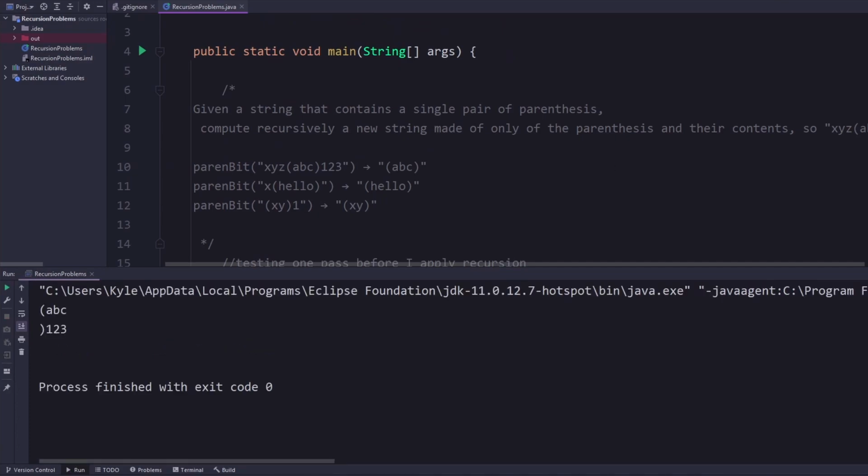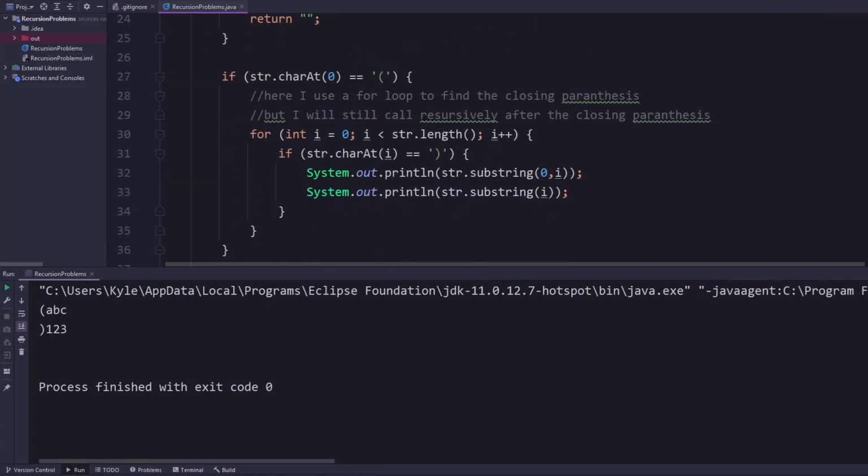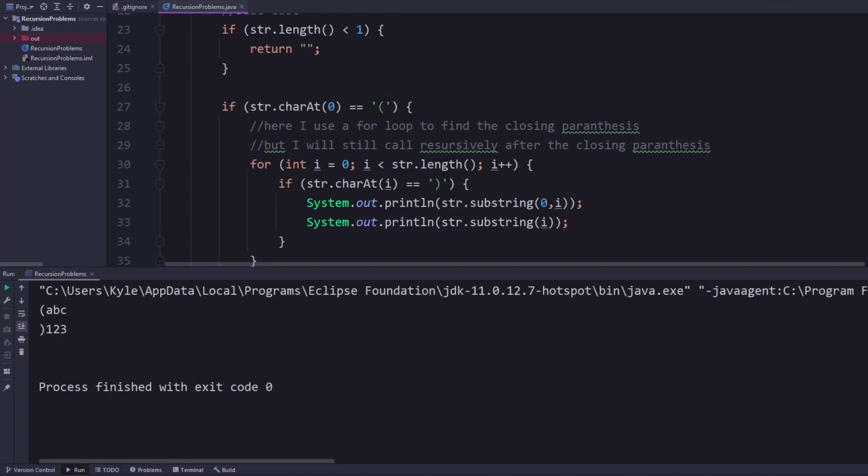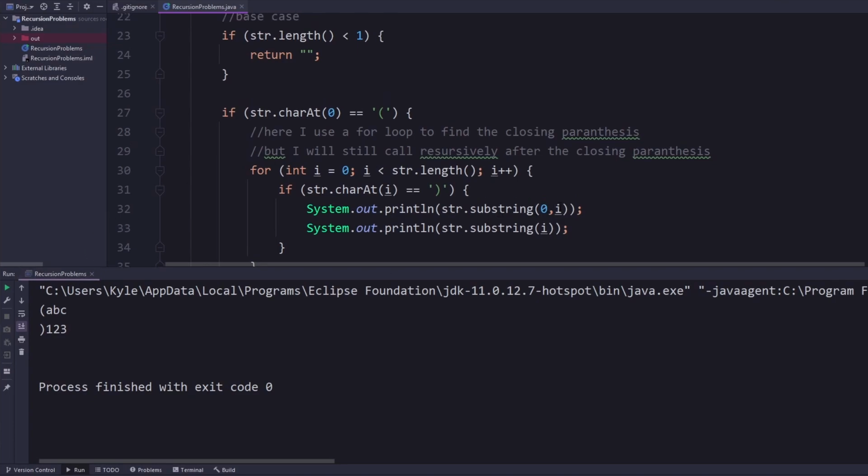Okay, so I am just testing the code here for one pass. So if it finds an opening parenthesis, I'm going to take a substring starting from the parenthesis and ending at the last parenthesis, so I'm going to include it because it takes a substring. The ending is exclusive, so that's why I didn't include the parenthesis. And here I'm going to do the same thing, or I'm going to test it. And as you can see, this is the string I want and the string I'm going to recursively call. So I am going to return here,